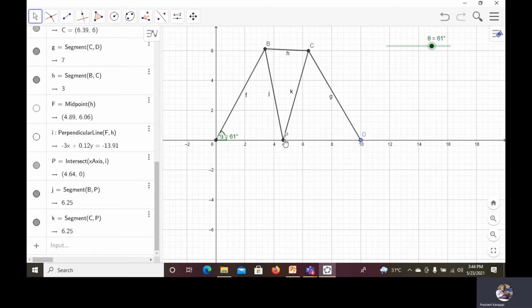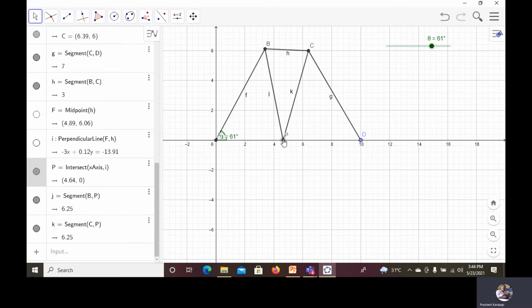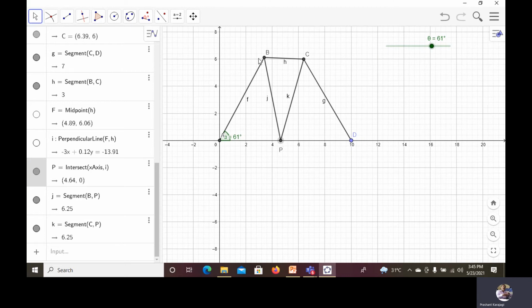I will apply trace, show trace for point P. And I also add thickness to these lines, which represents a bar. That is what a four-bar mechanism is. A bar is nothing but a plate or rod. We are using it instead of a line. So you add thickness to each line, which represents that plate, as the four-bar mechanism.